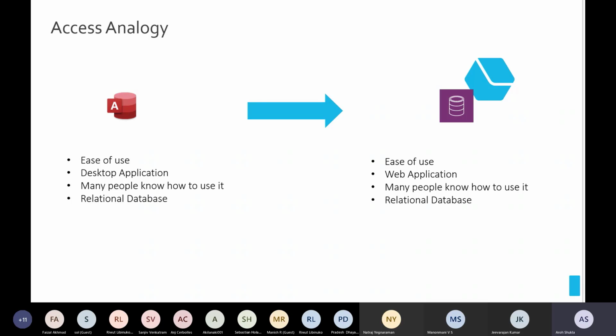However, these are the only differences between Access and CDS. CDS has a couple more features, like forms, business rules, dashboards, and you can add your own custom code. If you know .NET code, you can actually add your code inside your CDS.